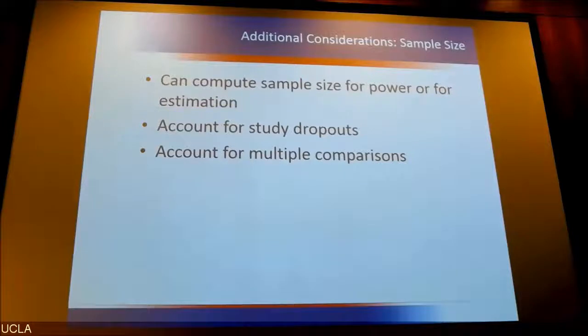Also accounting for multiple comparisons. So if you're going to have not just one endpoint, but many things that you're going to be measuring about the subjects, if we want to make legitimate conclusions about them, we need to adjust for the fact that we're doing multiple testing, and that needs to be incorporated into our sample size